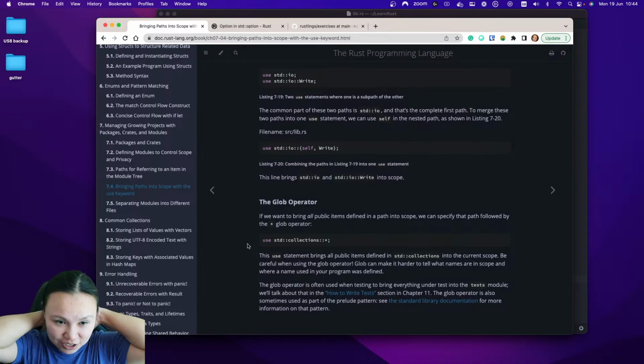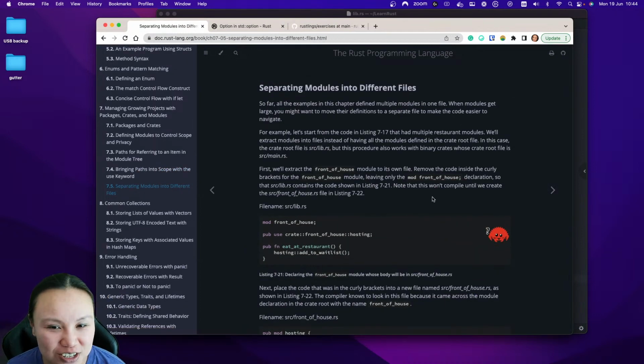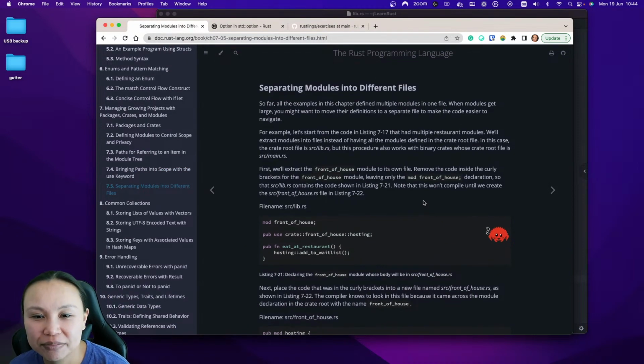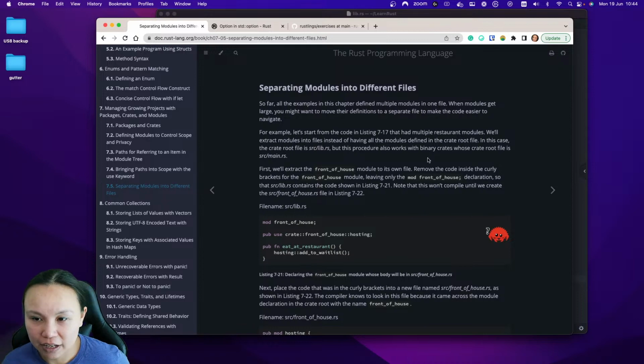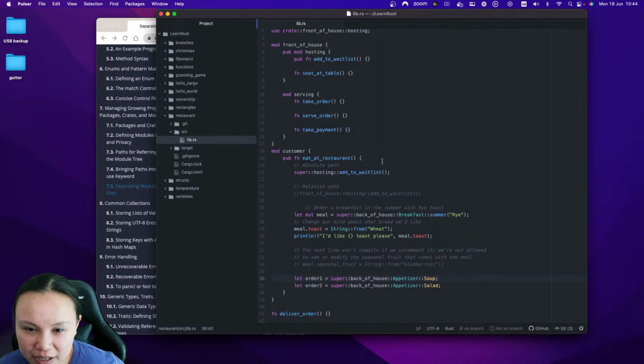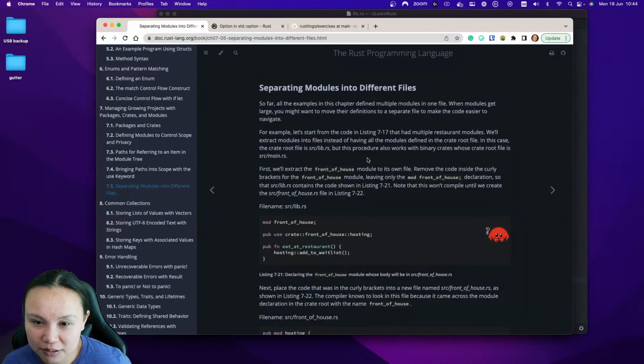Okay, last chapter, last page in chapter 7, I guess. Separating modules into different files. We have the restaurant thing, but now it's super complicated. We got many things inside. So if we want to separate them,